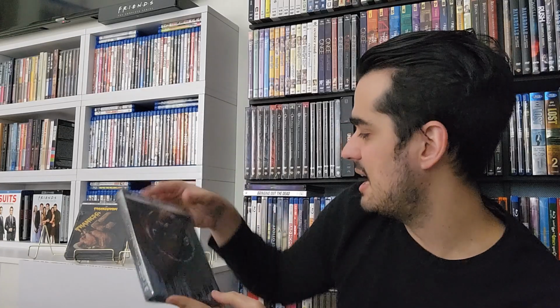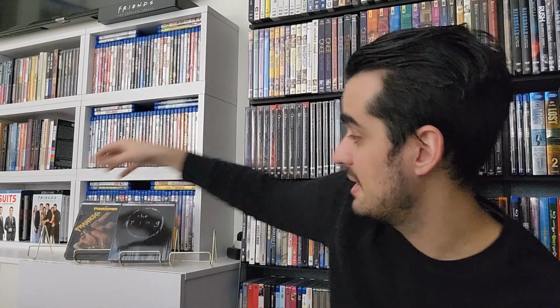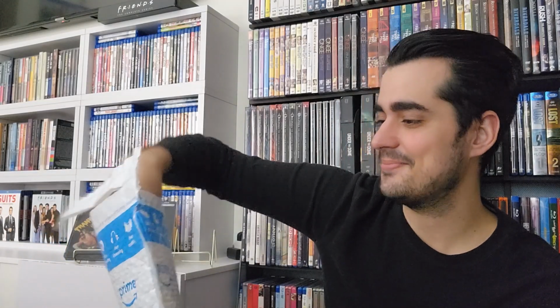So I'm super excited to be watching this movie, and this is a limited edition steelbook. I'm sure this movie has been out on 4K before, but I have never seen it. Let me take out the last golden bar. And guys, for this clip, the last envelope that I have right here, I think I know which one it is, but